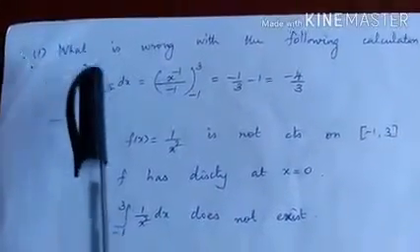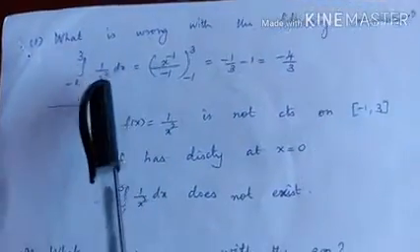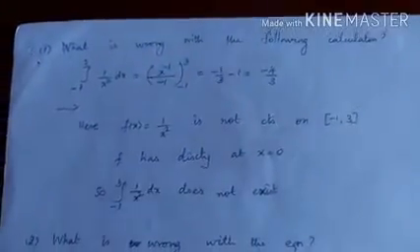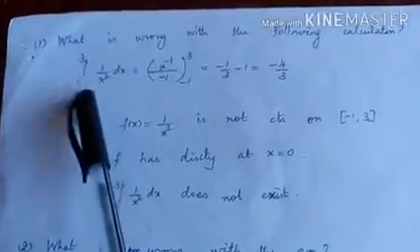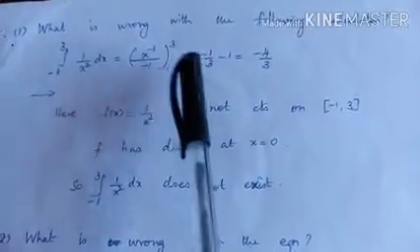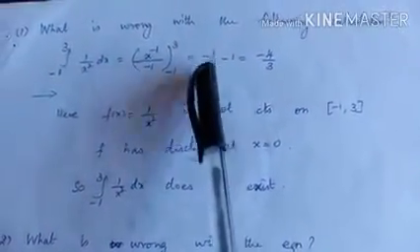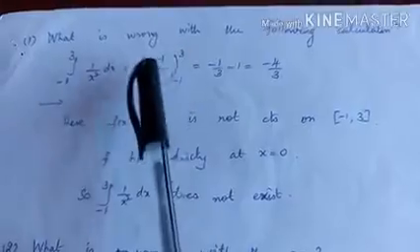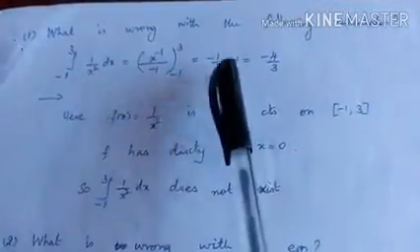Okay. So let us see some more problems. Very easy problems. What is wrong with the calculation? The question is asked: integral from minus 1 to 3, 1 by x square dx. So you take x square to the numerator, x power minus 2. Integrate: x power minus 1 by minus 1. When you integrate, upper limit minus lower limit. So substitute upper limit and lower limit. 3 power minus 1 is 1 by 3, with a negative sign in front. And for the lower limit, that is another negative sign. When you substitute minus 1, another negative sign. Okay. So the answer is given.